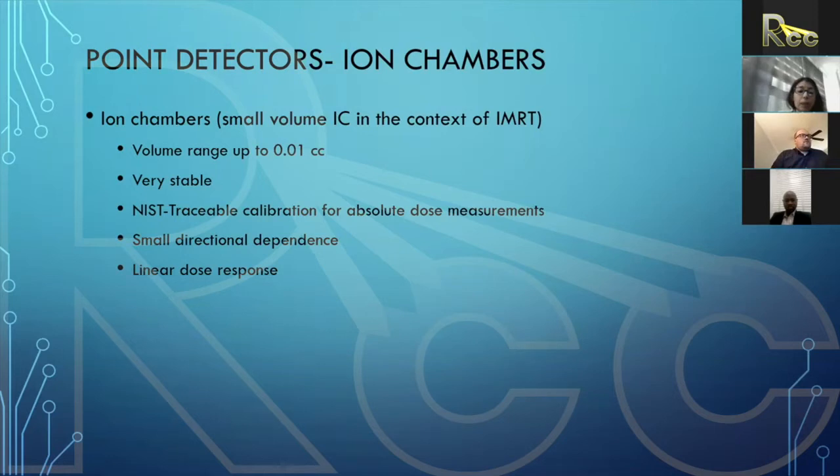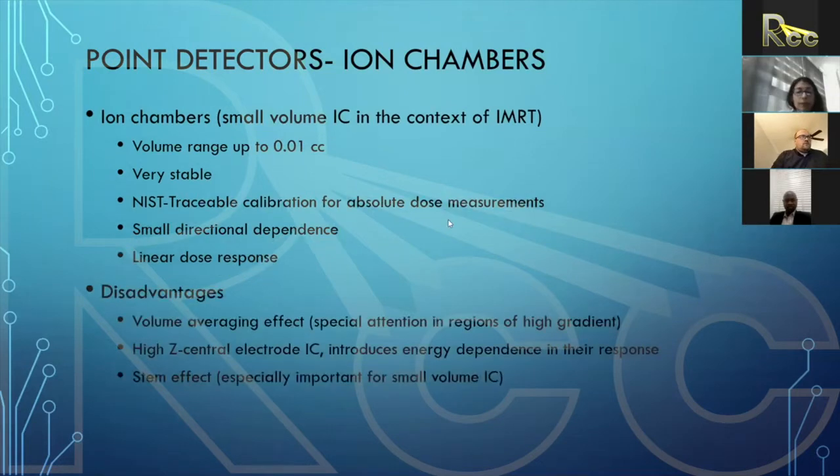And the good thing about ion chambers is that if we send them for calibration every 2 years, they are NIST traceable for absolute dose measurements. They show a very small directional dependence, and they show a linear dose response. However,